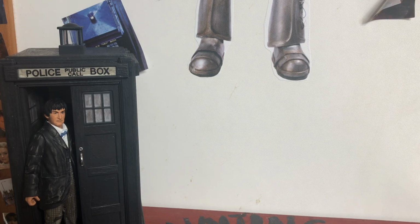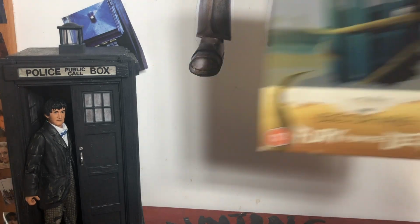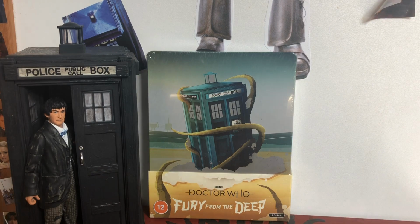I'm planning to get a review of the Fury from the Deep out, actually. I think it might be nice to review that, as it's sort of a new story in my eyes, because it's been missing for so long, but I've never actually seen it. So it's nice to say that I now have Doctor Who Fury from the Deep in the collection. It's just arrived, so we're going to have a quick look and unbox it,